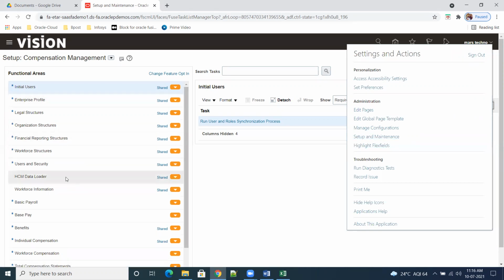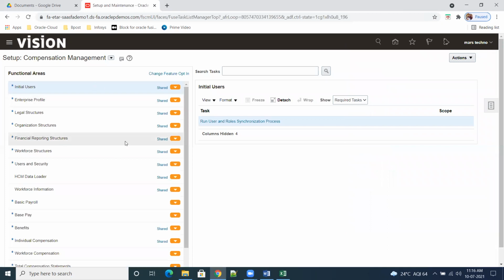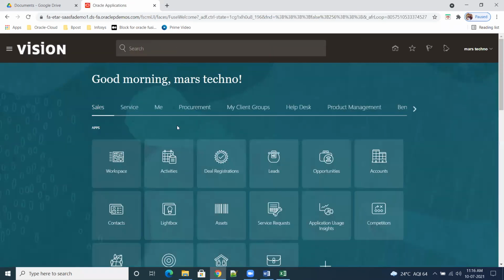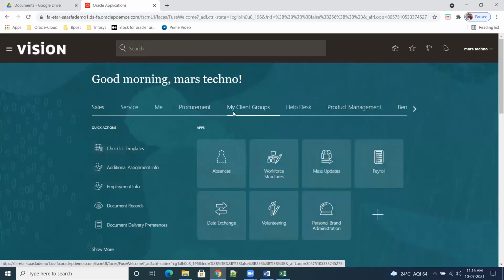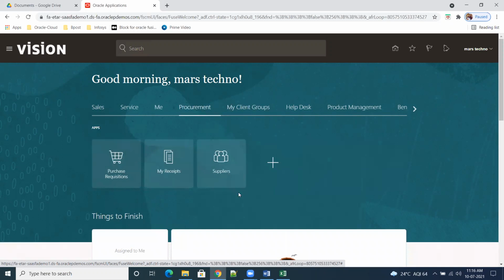Whatever we are able to see here all belong to configuration screens. Whenever you go to home, then any dashboard, then any icon, whatever comes under these icons, if you do something on this, those are the transaction screens.